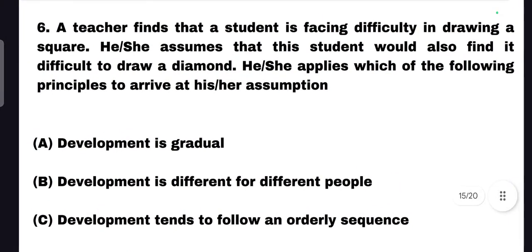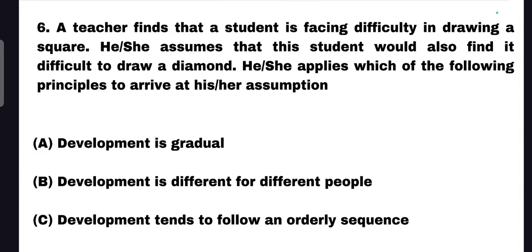Question number 6 is: a teacher finds that a student is facing difficulty in drawing a square. He assumes that this student would also find it difficult to draw a diamond. He applies which of the following principles to arrive at his assumption? So the question is